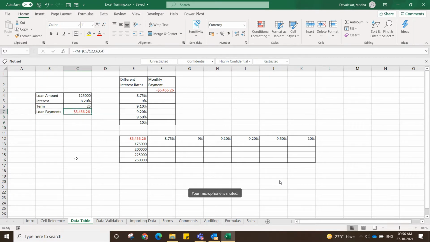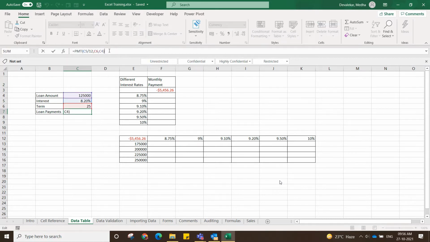Here I have a formula which works on these 3 cells. If I place my cursor here, it will highlight the cells which are used in this formula with different colors.